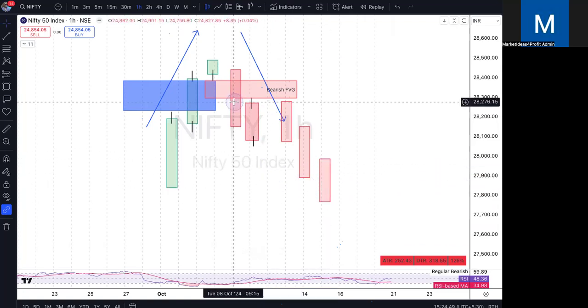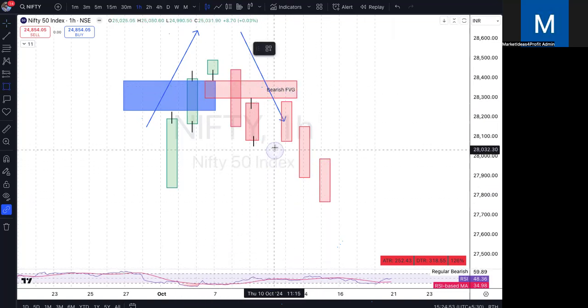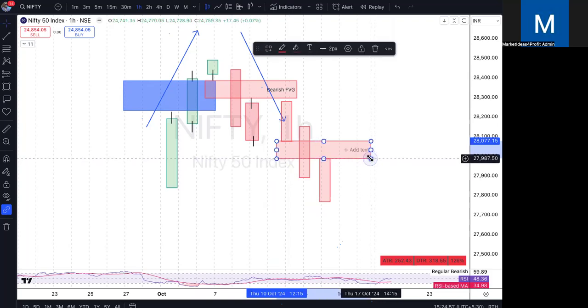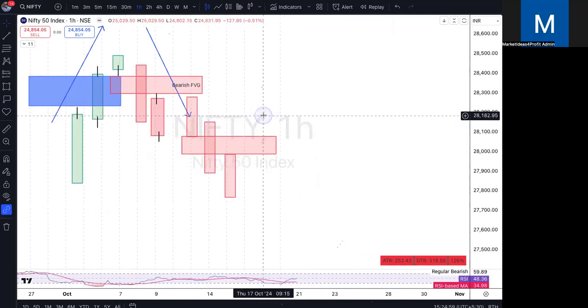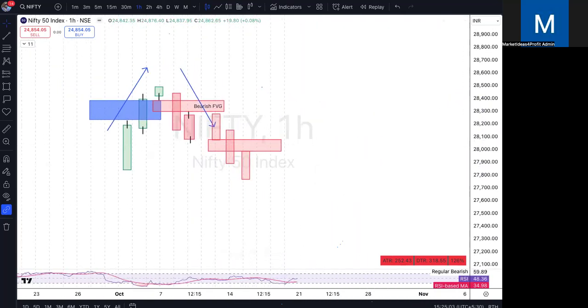So the moment we see this fair value gap helping create the next one with its downward pressure, and the second fair value gap is made in a similar way, you start taking your trade here using this portion as your entry,